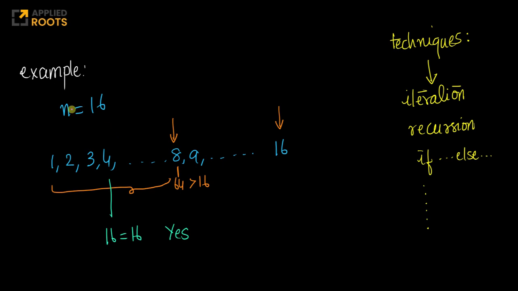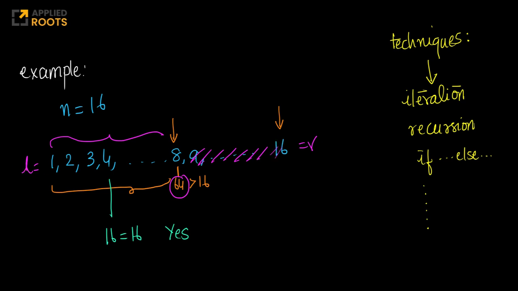Again, let's assume n equals 16. Right? So how do you do binary search? You have a lower index or the left index and you have a right index. Right? Simple. And you keep halving it. So first and foremost, I'll half it. I'll say, hey, what is 8 square? 8 square is 64, which is greater than 16. Which means if 16 was a perfect square, the square root of it will lie in this region. So I don't have to worry about this region on my number line.